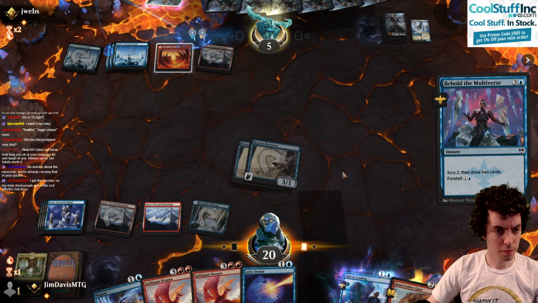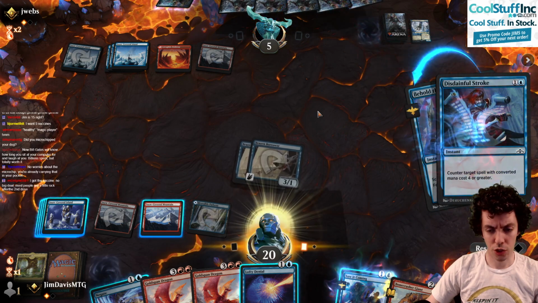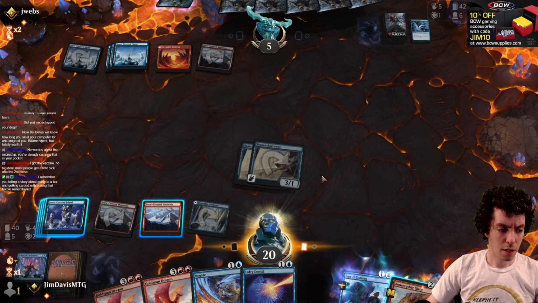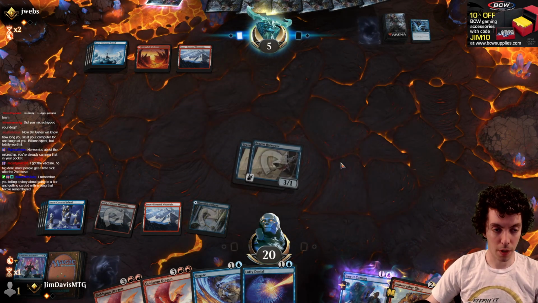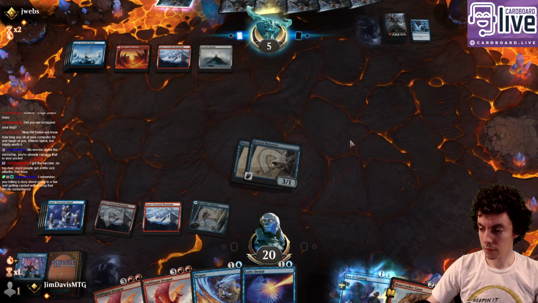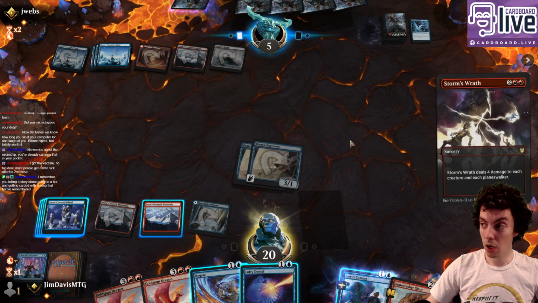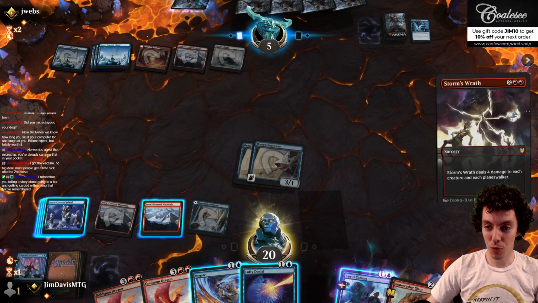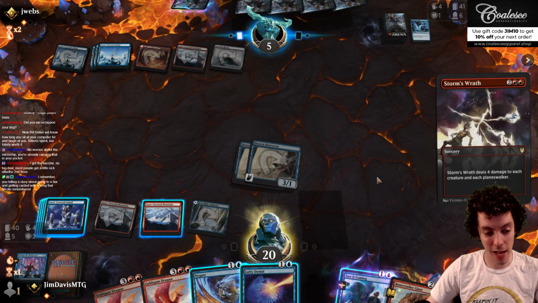Gentlemen. This is totally fine. Totally fine. Now I've got double counterspell up, and they're dead on board, which is the important part. So they're forced into action. What? Storm's... How do you bring in Storm's Wrath in this matchup? There's so few creatures. I guess it kills the dragon, but...